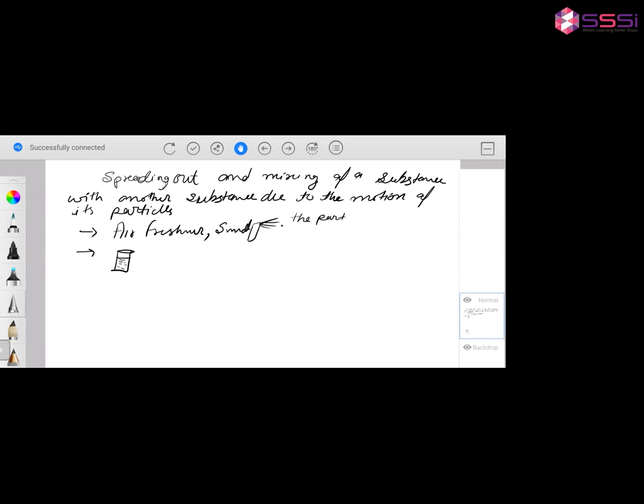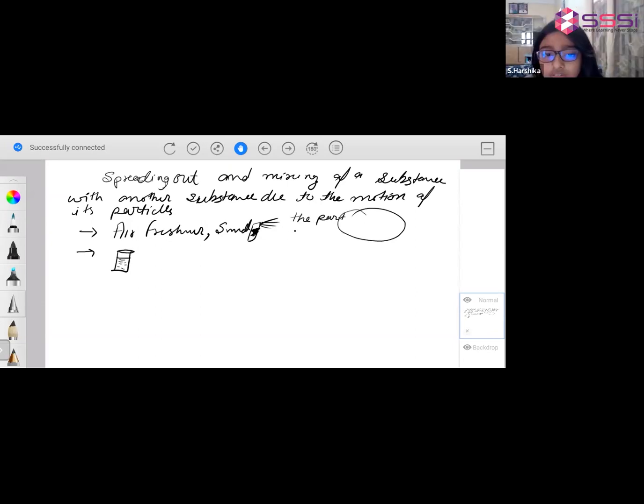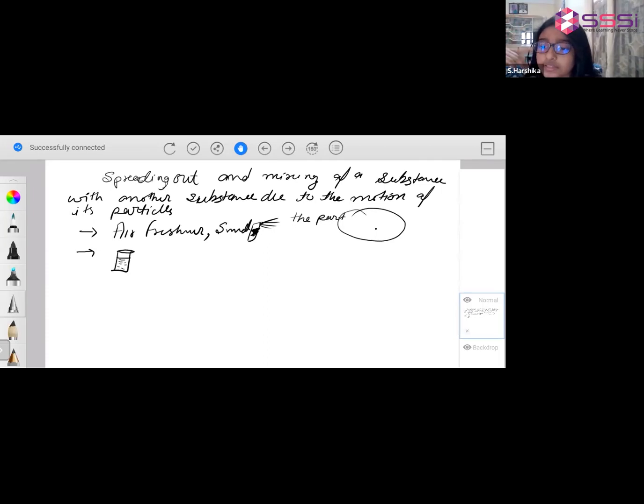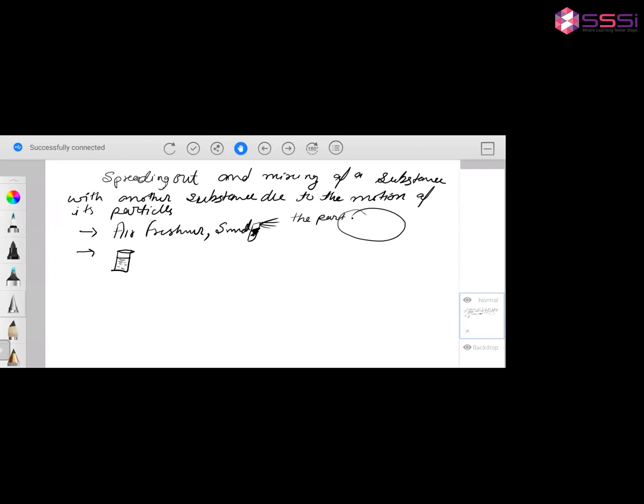The particles of that liquid are spreading out in the air. Then they give the smell, and they mix with the gas, they mix with the air.